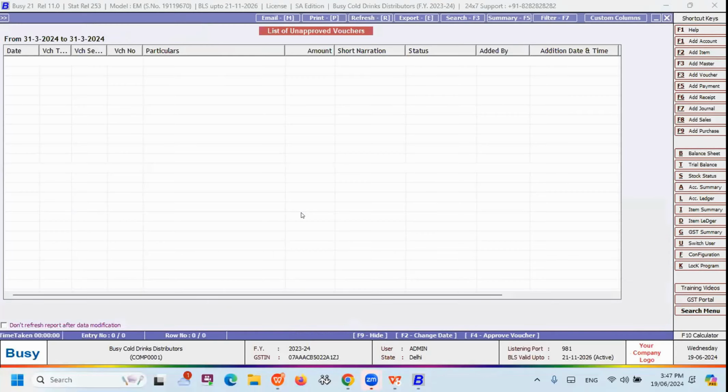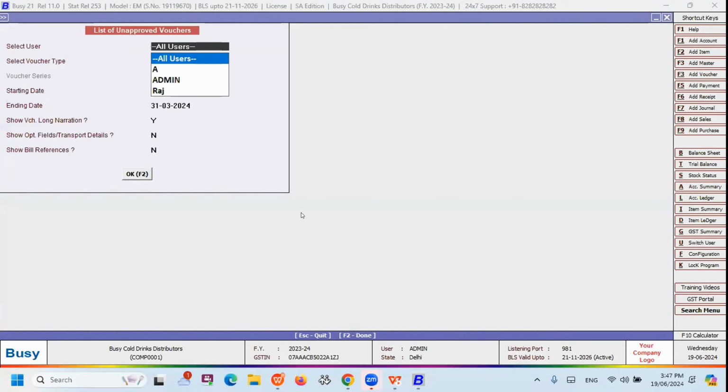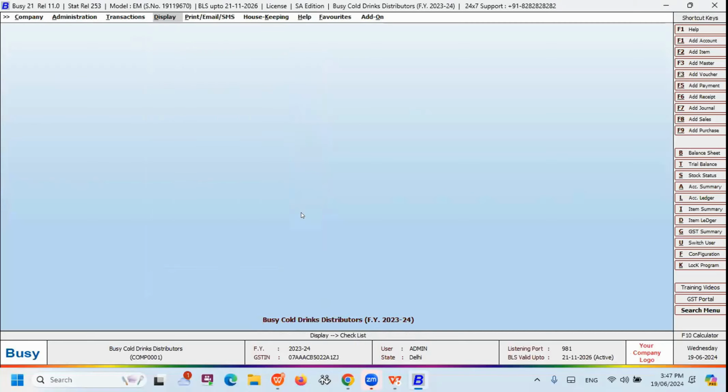These are all very important releases, and major enhancements will be done for the mobile phone. So this could be very helpful for the users. So this is the voucher approval system. I hope this is understood by everyone. Again, I go back to my